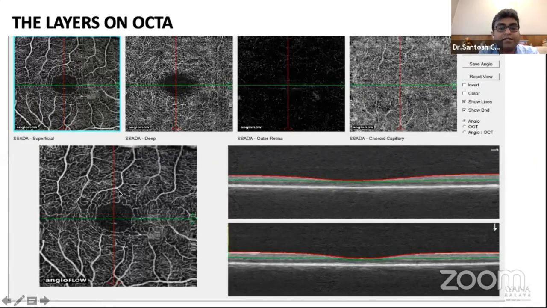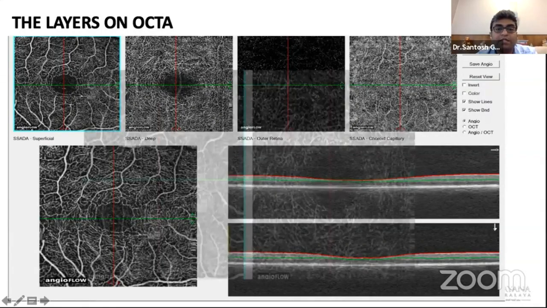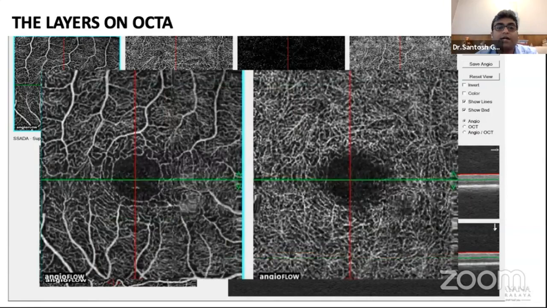So these are the readout layers in OCTA. These are one of the commonest readouts that we usually see in day-to-day practice now. This, we all know, is the superficial plexus. This is the deeper plexus. This is the outer retina, and this is the choroid. These four layers are the default layers that we see, but the layers of interest today are the